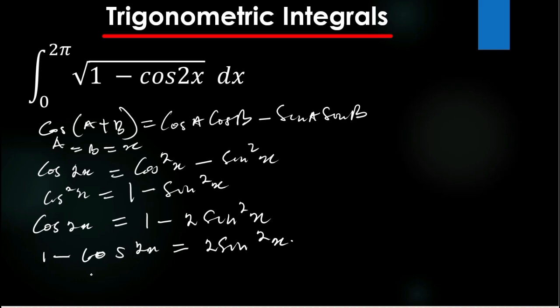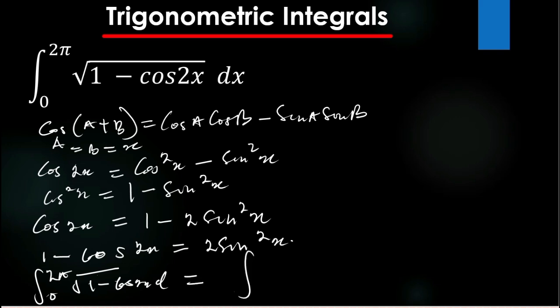What I've just done is make 1 minus cos 2x the subject of the formula, so that I can now substitute in this equation, so that my equation now looks like